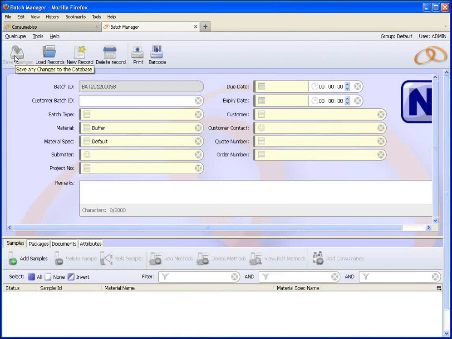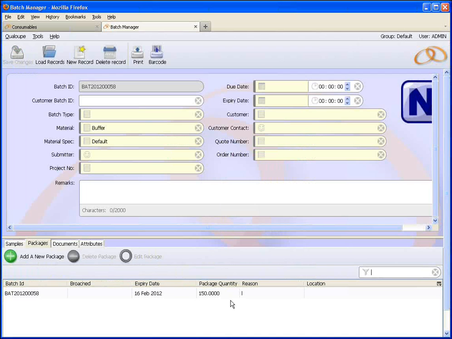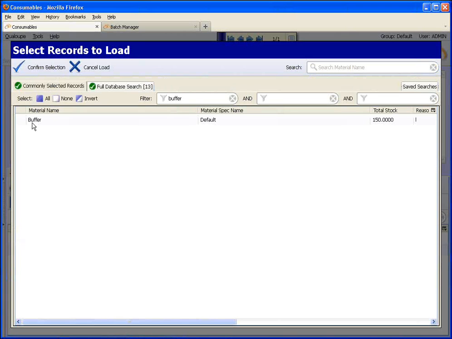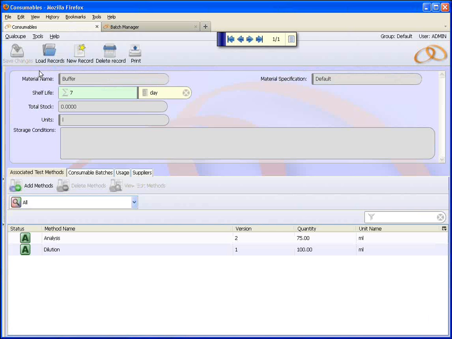Save changes. So if I go back to packages, there's my package now. So if I go into consumables, and it still says 0, but I reload my record, buffer, confirm selection, it's now telling me I have 150 litres of stock. Excellent. Now I want to use up some of my stock, so I'm going to go to the batch manager